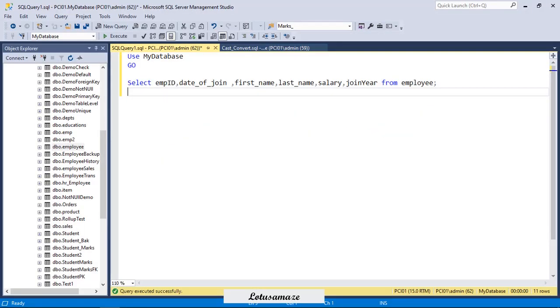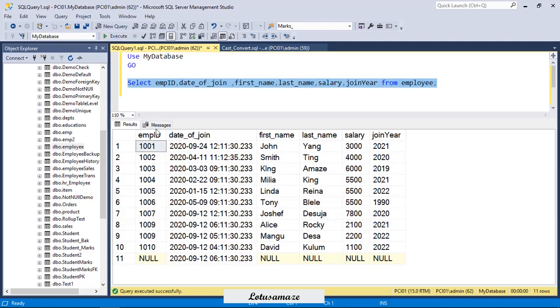Now we check the demo of the CAST and CONVERT function. We have a table, Employee. In this table we have employee ID, date of join, first name, last name, salary and join year. The data type of the date of join column is datetime. Suppose I want to display this date of join in varchar or text type.